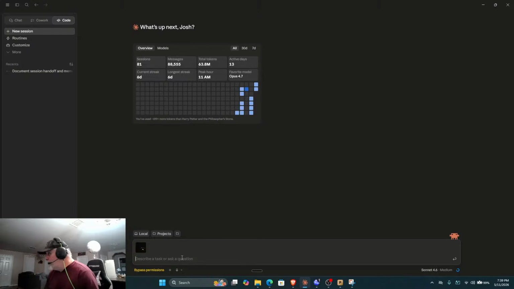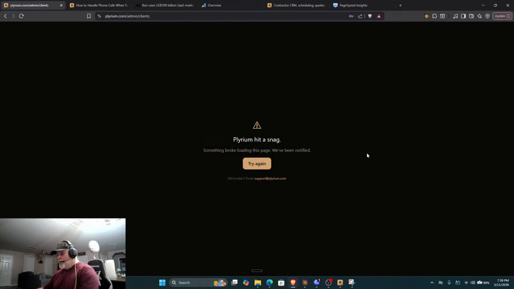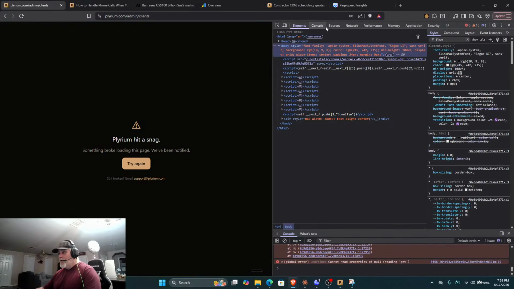Okay, we got some issues over at Plyrium. I can open a page and go to the admin page, but when I try to view one of my test accounts as the client, I'm getting this error, and we need to get this resolved. Let me check to see what could have caused that. See if I get any